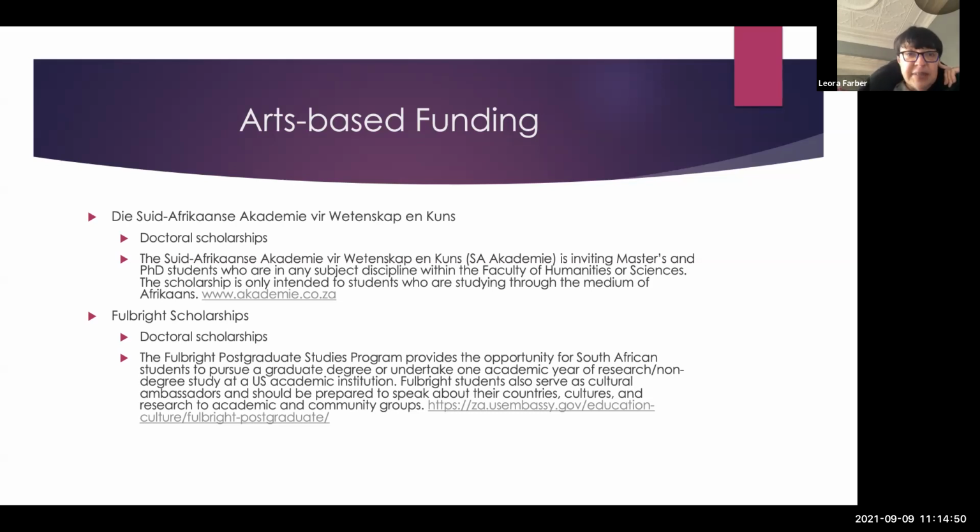So it is very specific and geared particularly to a particular demographic group. Then there are Fulbright scholarships, doctoral scholarships. And this is obviously in conjunction with the American Fulbright program, which would enable scholars to do at least one academic year of research or even non-degree study at a US academic institution.